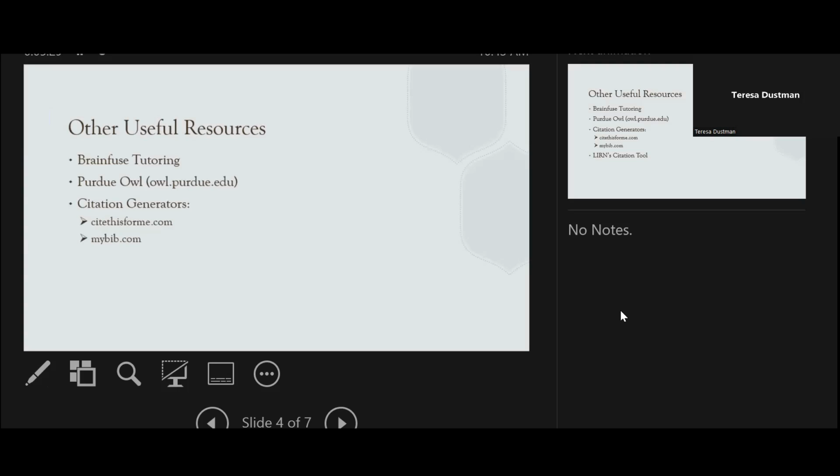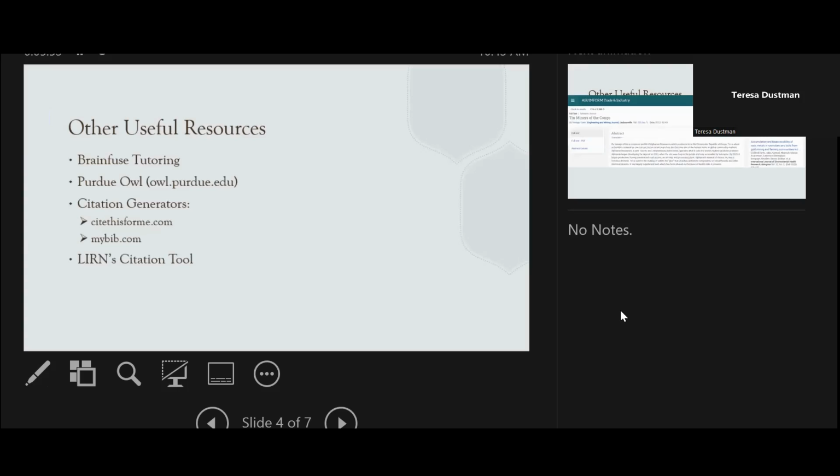it's wrong. So I always encourage students to use it as a starting point, and then to check the citation that it creates against the handbook to make sure that capitalization is right, punctuation's right, has all the right information, that sort of thing. So again, you can put this as a link on Populi and even show students how to use them.